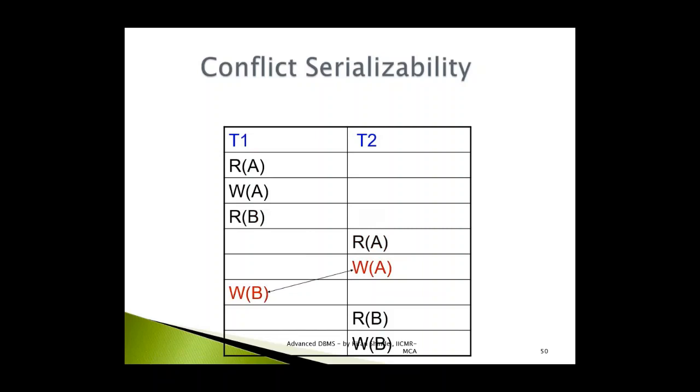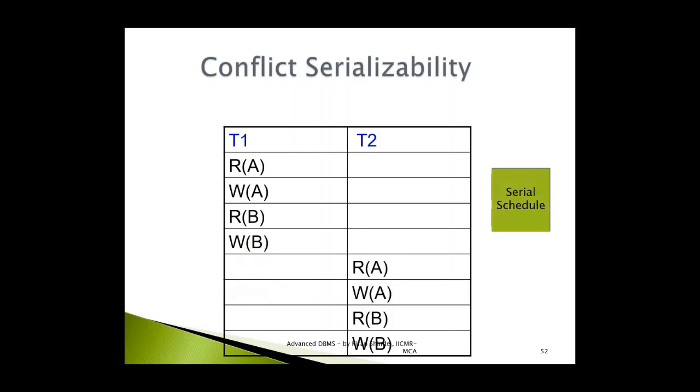The next instruction pair which is not conflicting is WA and WB. Even though both the operations are writes, the write operations are happening on two different data items. So 100% this is a non-conflicting instruction pair. Again, with the swap of these two instructions, WB will go up one level and WA will go down one level because we are interchanging their positions. After swapping these two instructions, what we get is